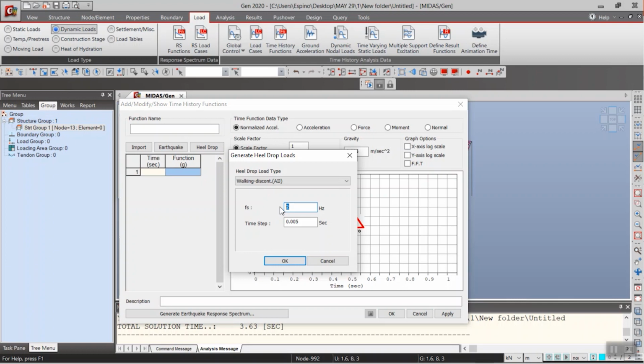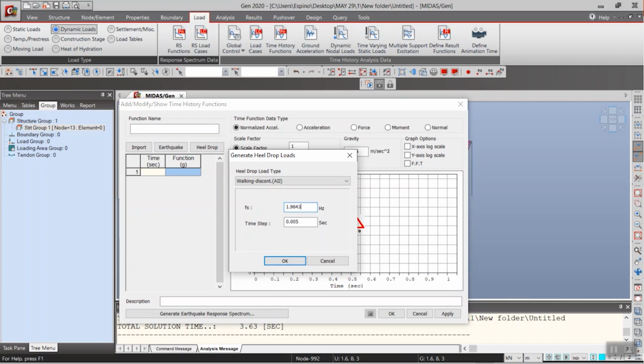So what we're doing here is simulating the time history function with the most unfavorable case for vibration, that is when this resonance may occur. Since we have 3.9286, if we divide it by 2, we get